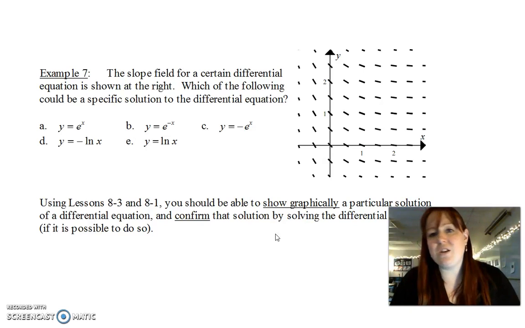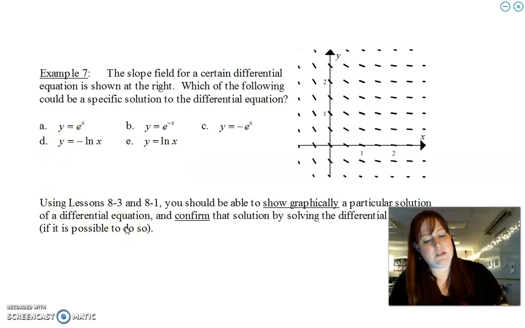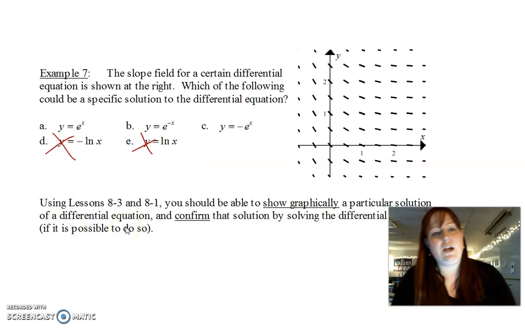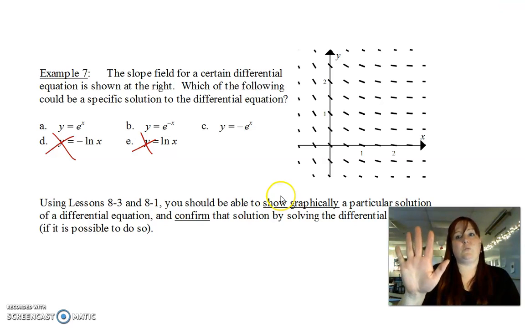And so the first thing I notice is there seems to be a very specific pattern to this one. So that kind of gives me a clue that this is going to look like one of these things. So does it look like an ln function? No. So I'm just going to get rid of those automatically because it doesn't look like an ln function. And so then does it look like e to the x? Yeah, but does it look like negative e to the x? So that would change all of our y values. So it'd be like reflected over the x-axis,